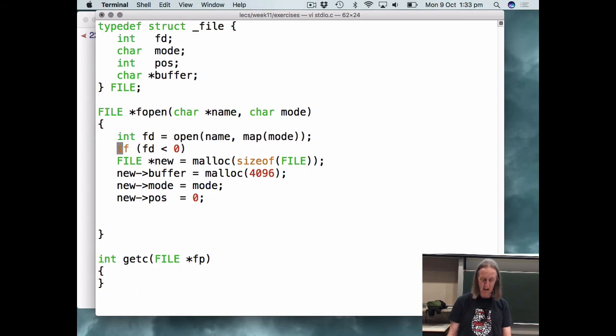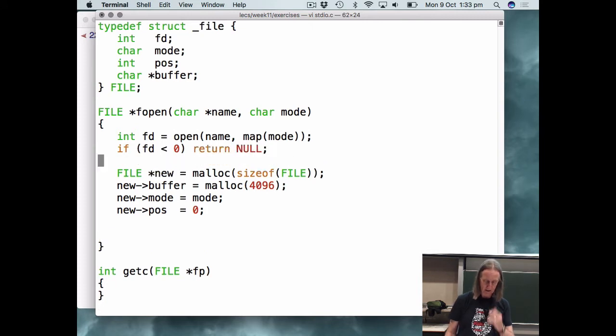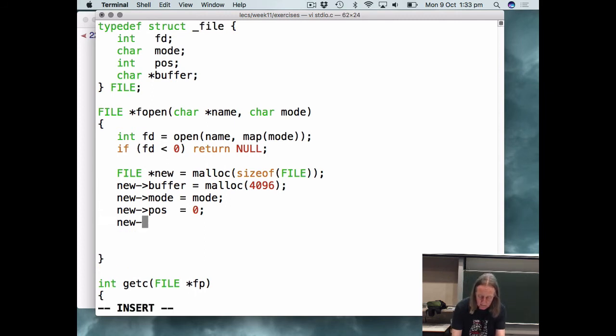And in that case, what does fopen return? Yeah, it returns null if the open fails. So we may as well make our behaviour like that. So we can just give up. Otherwise,